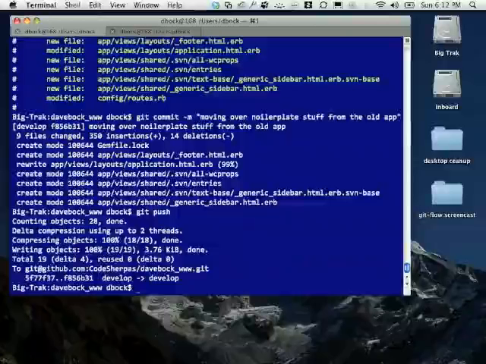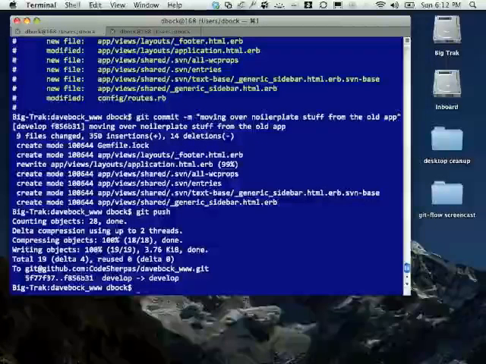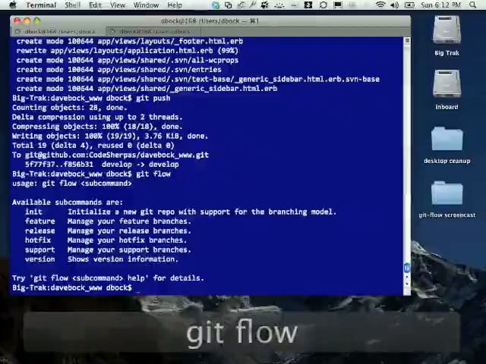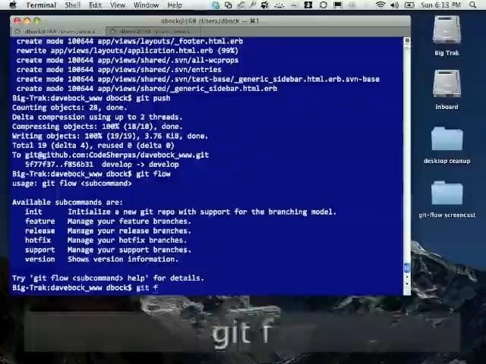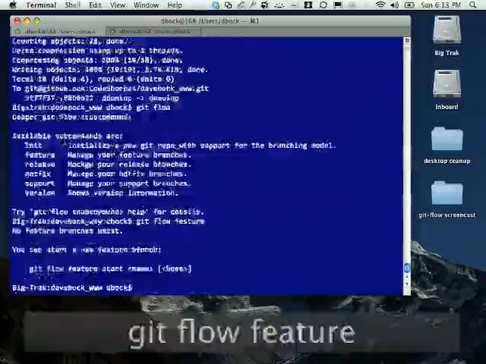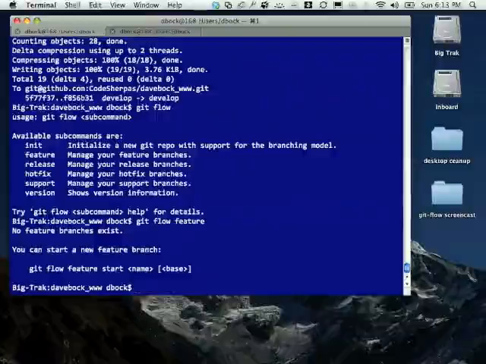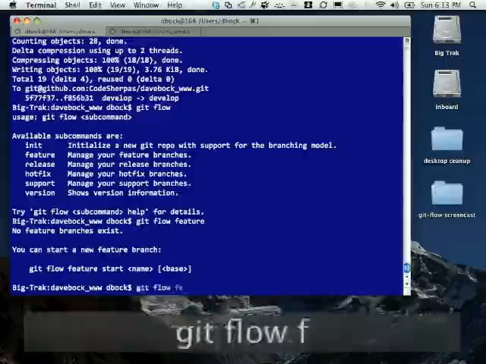I want to do something a little bit different here. We're now about to start modifying the app in a meaningful way. And rather than just checking stuff into develop, I'm actually going to use Gitflow to create what's called a feature branch. Let's take a look at that. If I just type Gitflow, it gives me a few of the available subcommands. Gitflow feature tells me I can create a new feature branch. Now this is something you can do in Git. This isn't a big deal, but it's kind of nice to have this as an easy to use convention. Let's say Gitflow feature